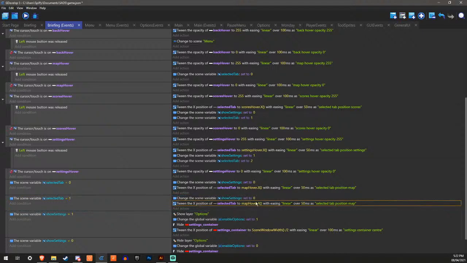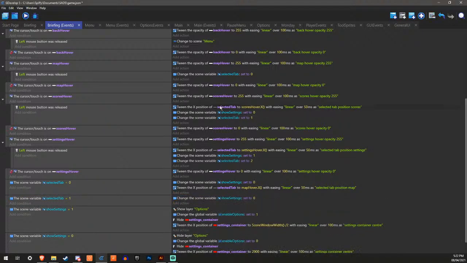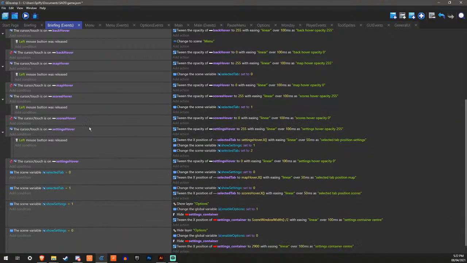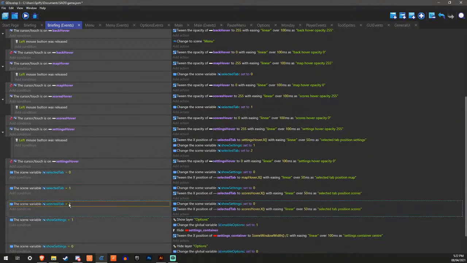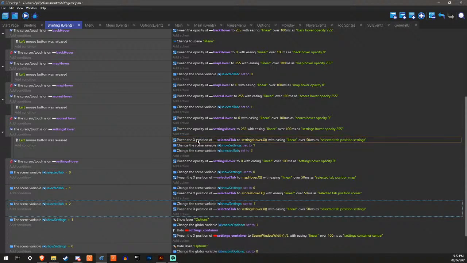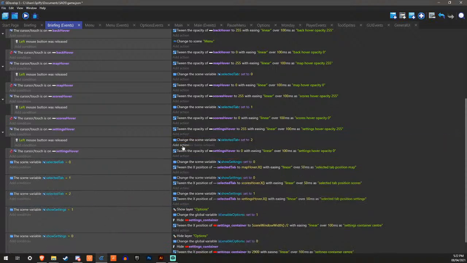And let's copy this over. Let's get rid of these then. And then this will be 2, so this is going to be the setting that's 1. So that's going to be 1. And then I can copy this over this. Easy peasy.